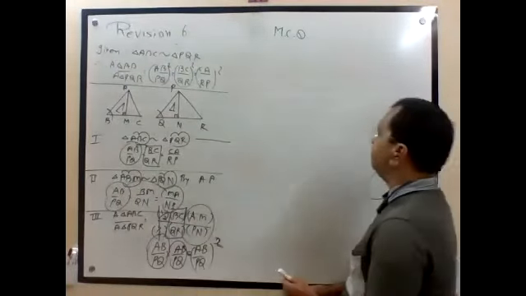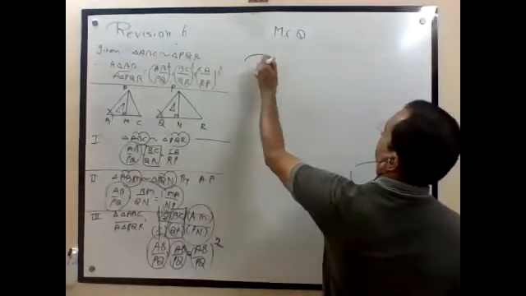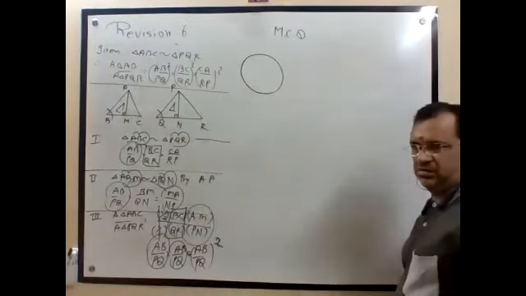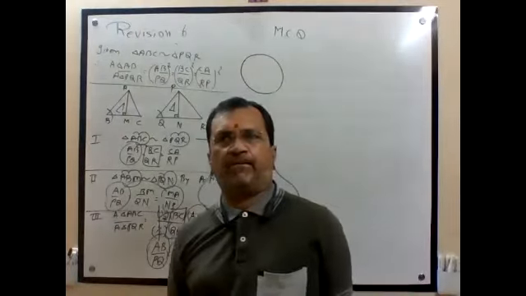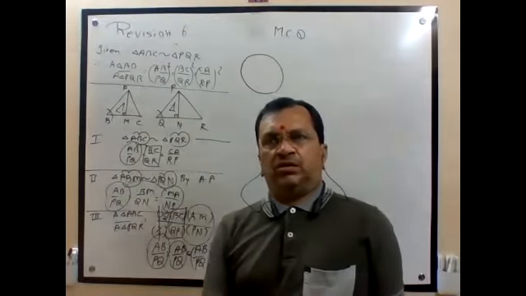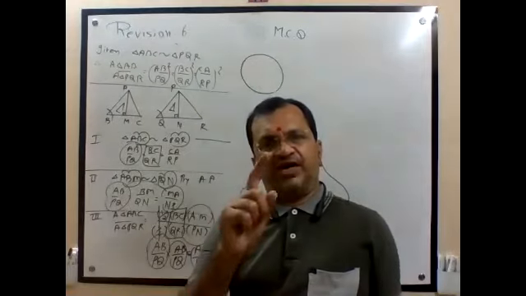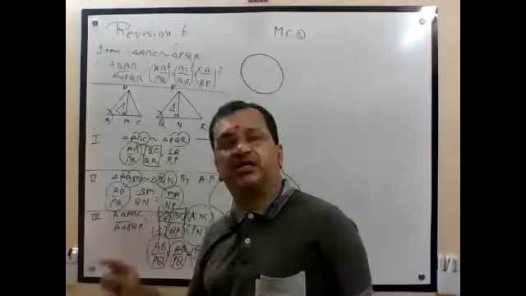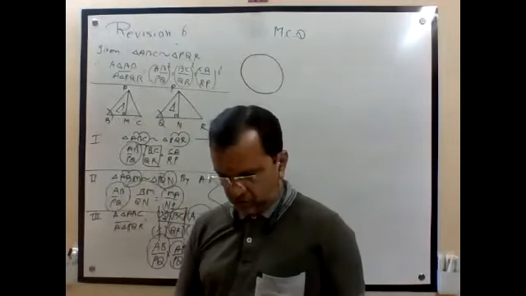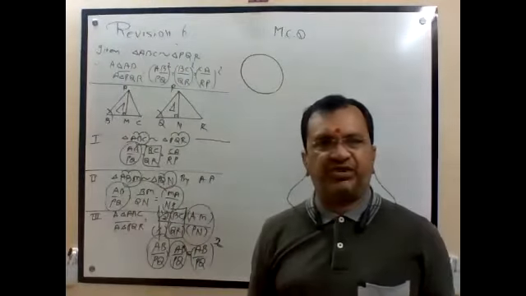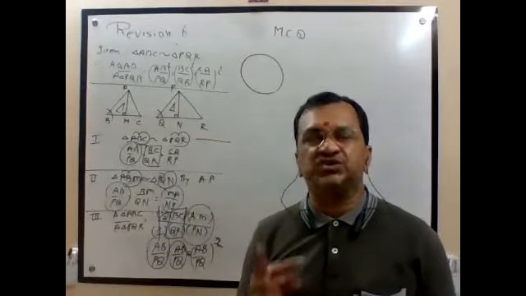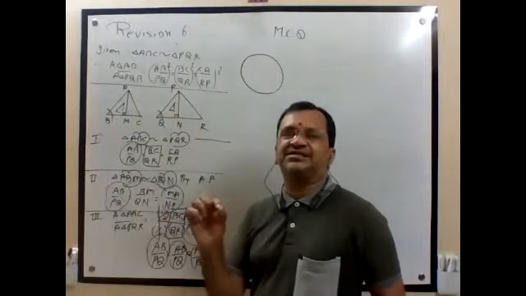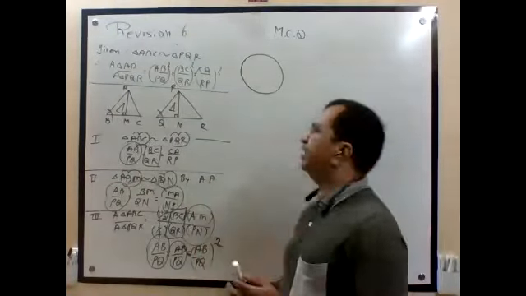Now next one, very important. They'll give the statement, not a diagram or given to prove. Point on a circle, only one tangent possible. Point inside the circle, no tangent possible. Point outside the circle, two tangents are possible. So the statement of the theorem is, when two tangents are drawn to a circle from an outside point, both tangent segments are congruent. We have to prove it is congruent.